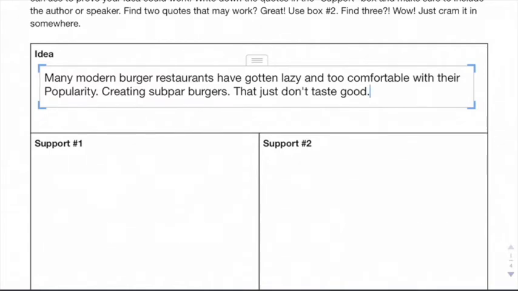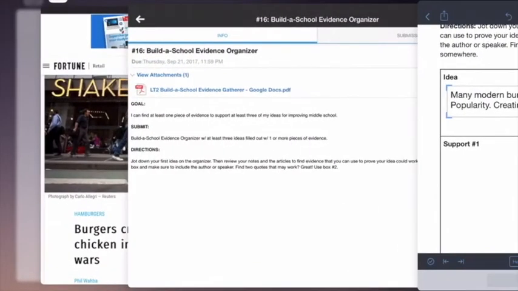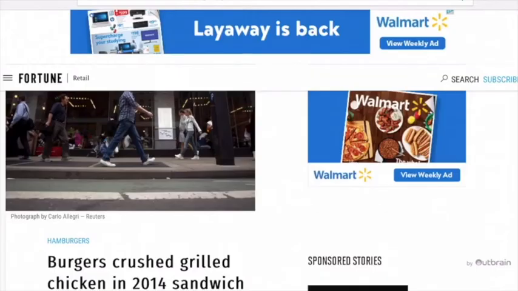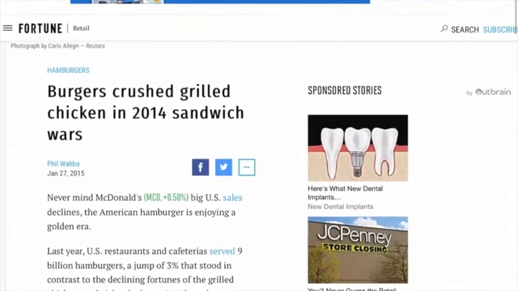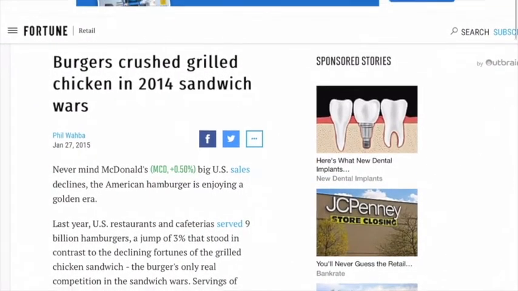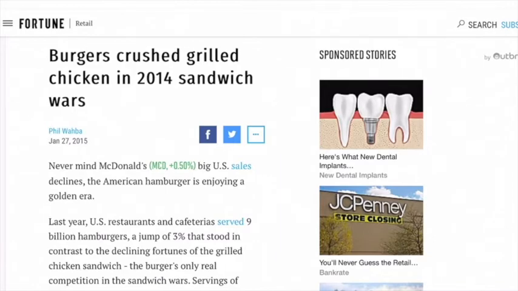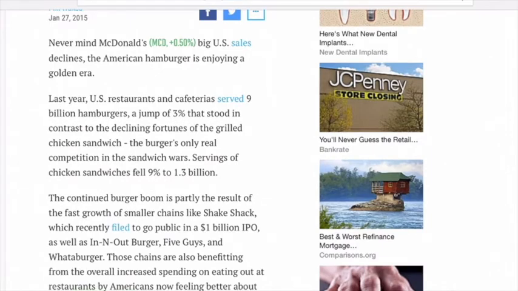So in order to do that, though, I'm going to need to find support. I'm going to need to find a quote. Luckily, I have one up here. I found an article here from Fortune magazine where the headline is "Burgers Crushed Grilled Chicken in 2014 Sandwich Wars." Great title there. So when I see here that I've got this quote that I'm going to use, let's go